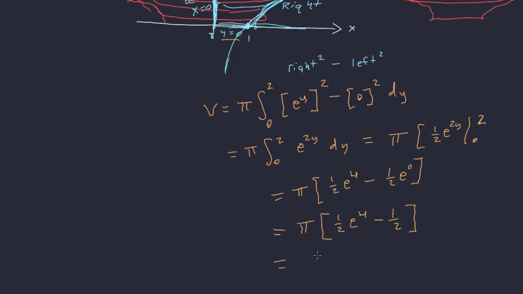So we could actually factor out a 1/2 to get us pi over 2 times e to the 4th minus 1 if we wanted to, but